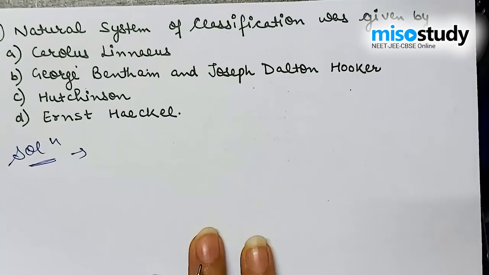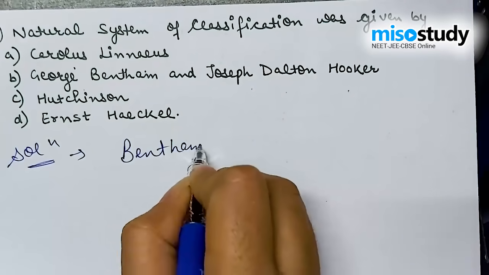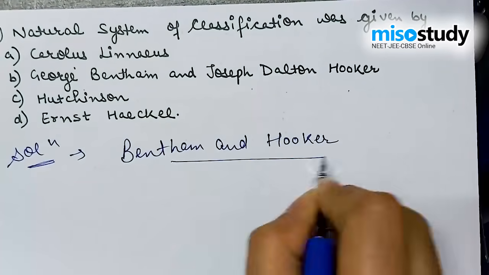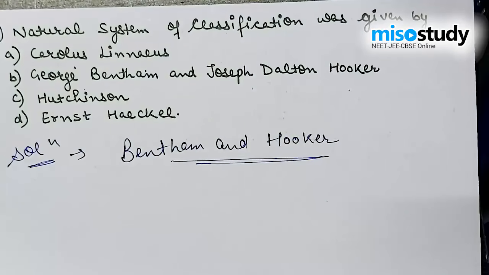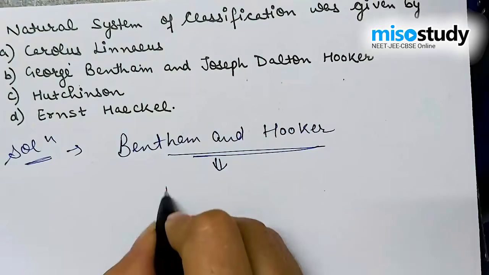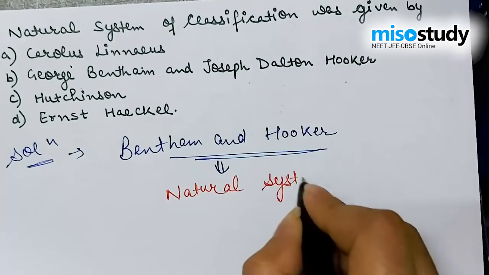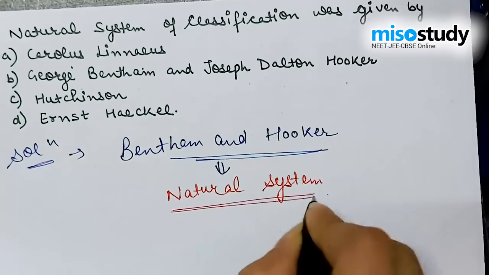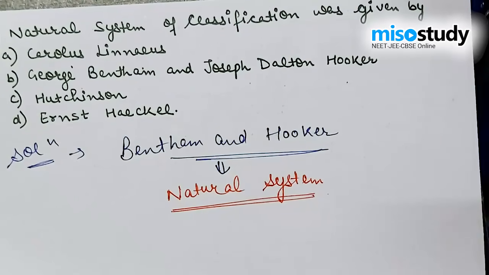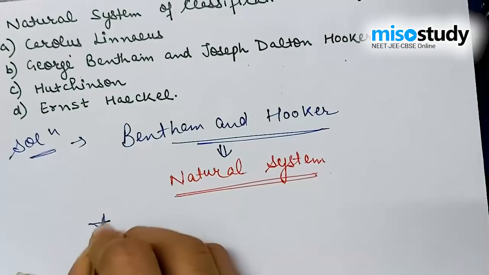As we all know, Bentham and Hooker gave us the important concept that is known as a natural system of classification. That natural system of classification generally brings out the number of characters